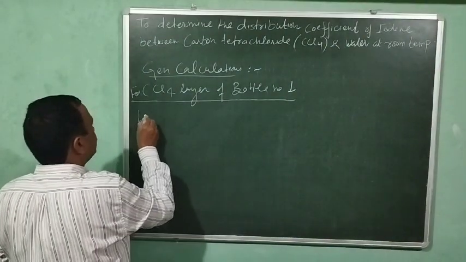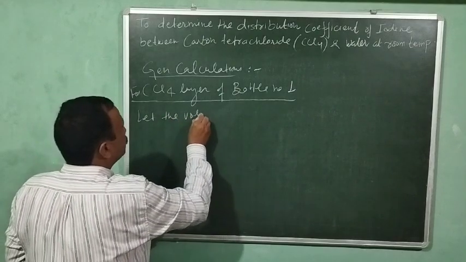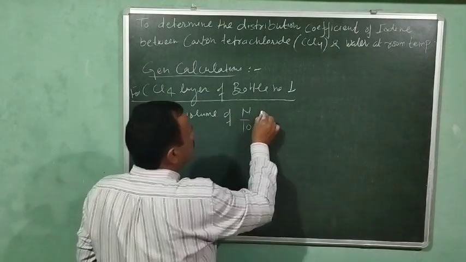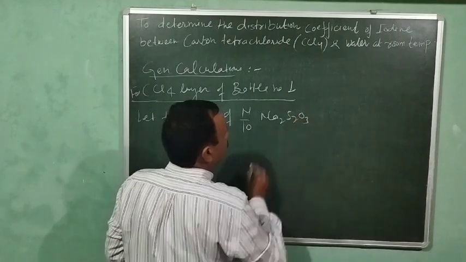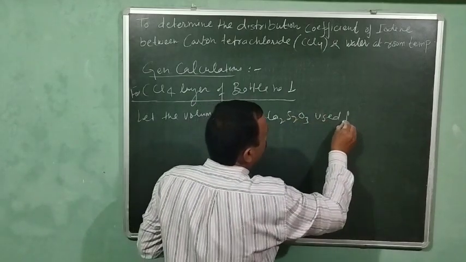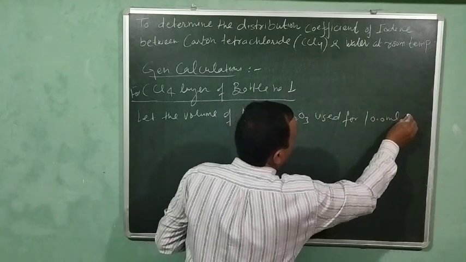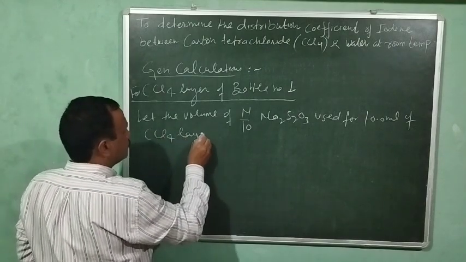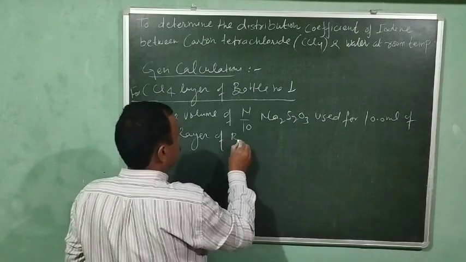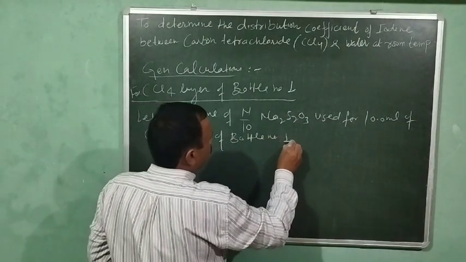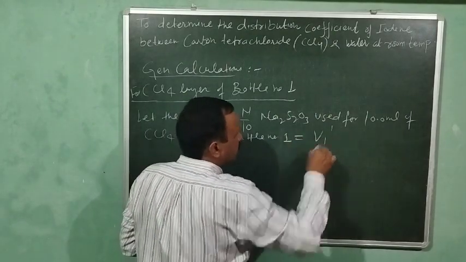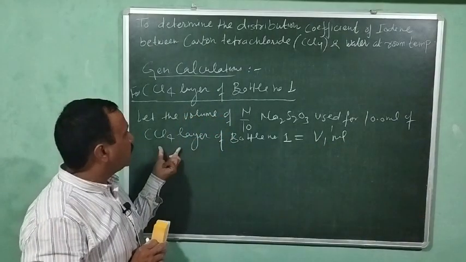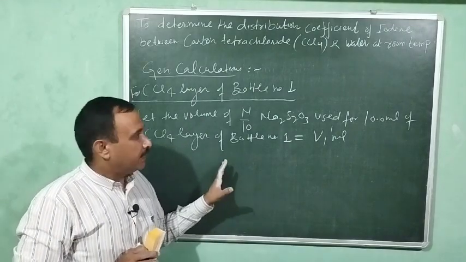and let the volume of N by 10 sodium thiosulfate used for 10 ml of CCl4 layer of bottle number 1 is equal to V prime ml. तो यहाँ पे हमने मान लिया कि जो बॉटल नंबर 1 की आपकी CCl4 लेयर है, जिसका हमने क्या